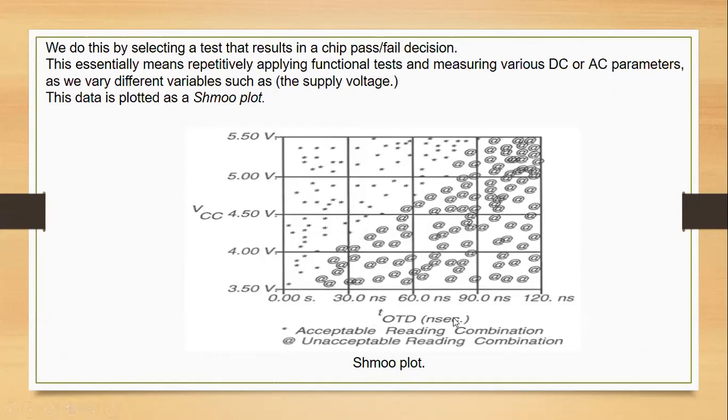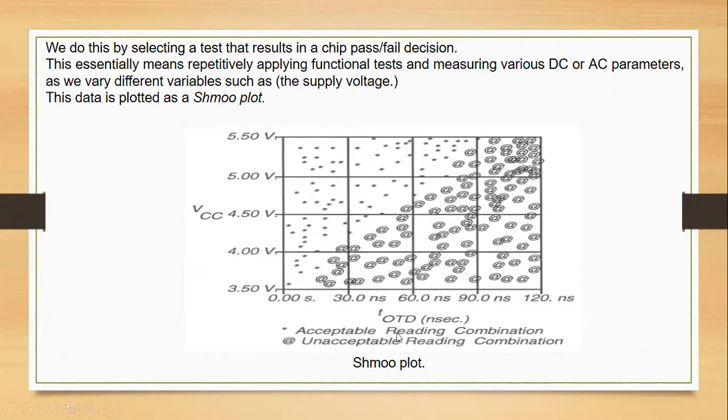Why? Because for each and every circuit, after testing it, we'll be checking the speed of that circuit's operation, and also the power, how much operating voltage is required to define that circuit. That is a major thing. So this Shmoo plot represents two things: one variable is the voltage level and one variable is the time level.